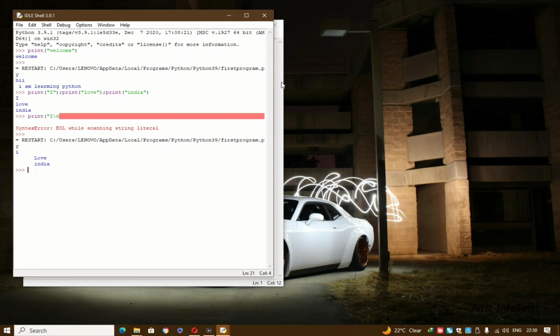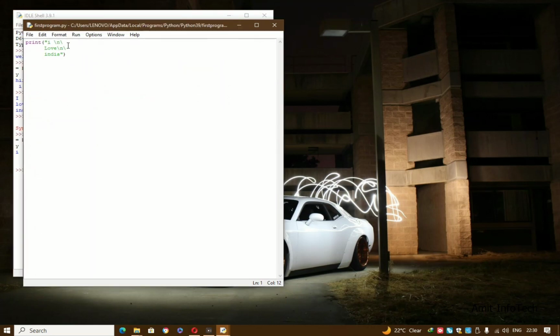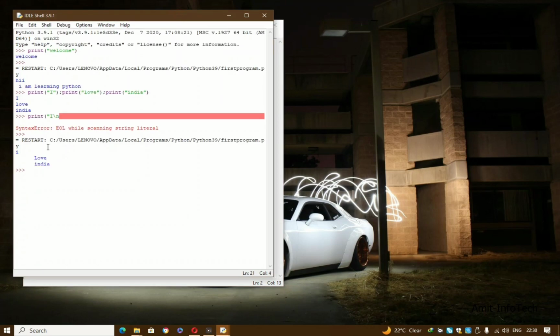So the backslash is indicating that the statement is open for the next line. When we run our program, we get this output: I love India. When a statement continues onto more than one line, the backslash must be the last character on that line, without even a space after it. Okay, I hope you understand.